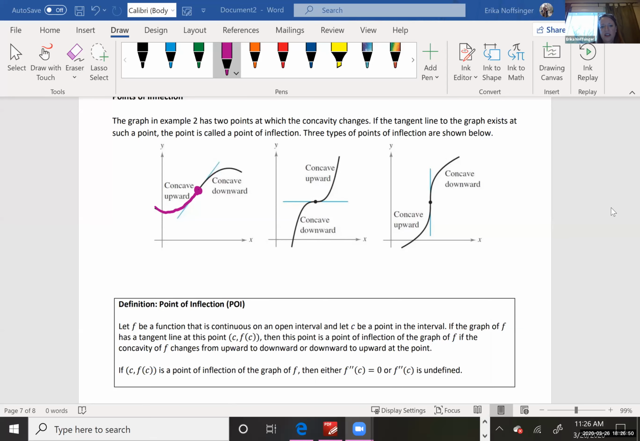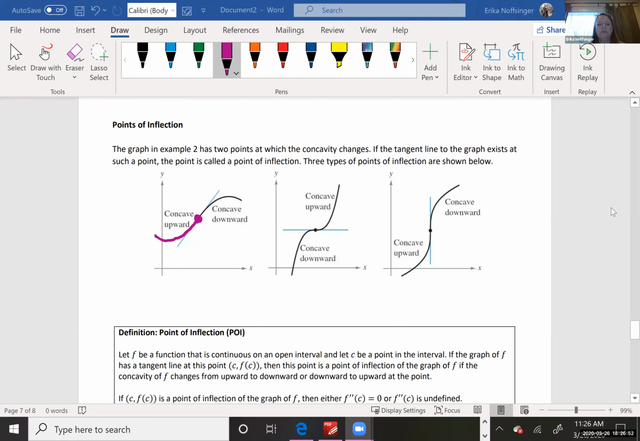So here are some examples of where graphs are changing from concave up and concave down. And looking at the point where it changes, we talked about was called the inflection point. Notice that in the example 2, that change in inflection